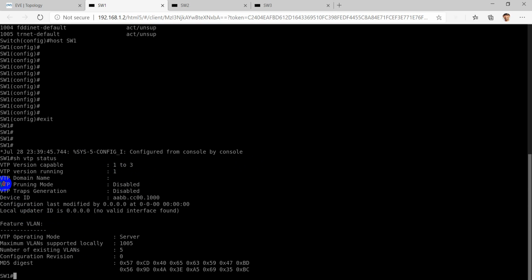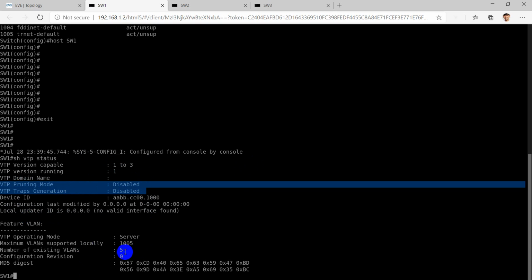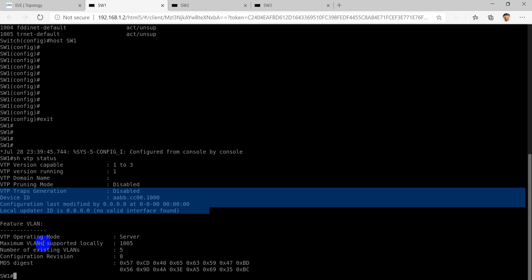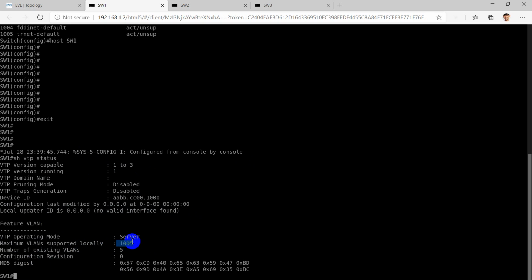We'll talk about VTP pruning and VTP trap generations in the next part, with all these components, updater IDs and all. You can see that the maximum VLANs supported locally are 1005, the normal range VLANs, and the VTP operating mode is server mode. Configuration revision number is 0, and this MD5 digest value is calculated.